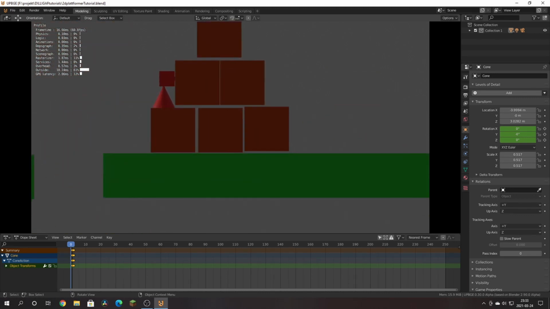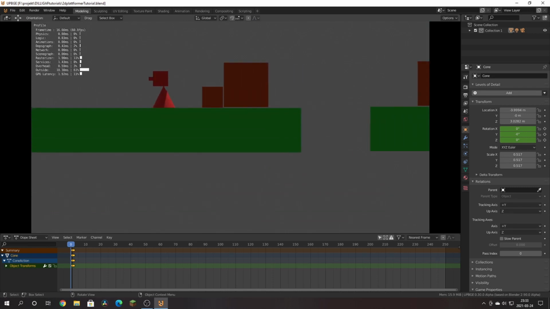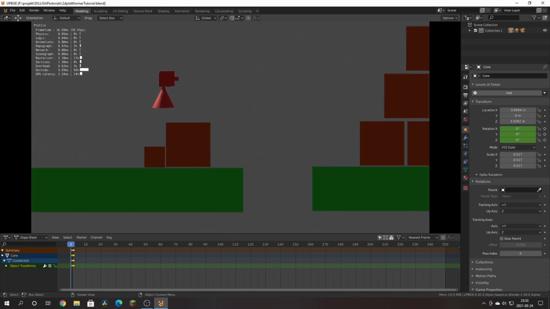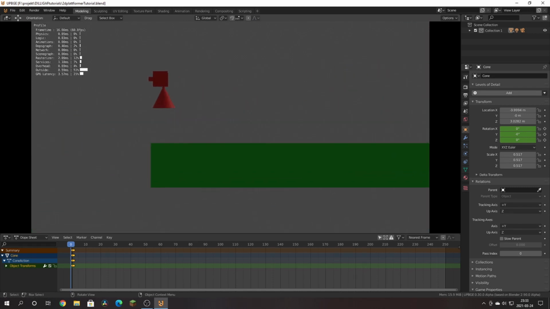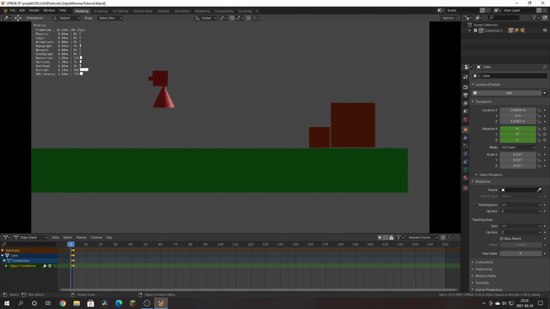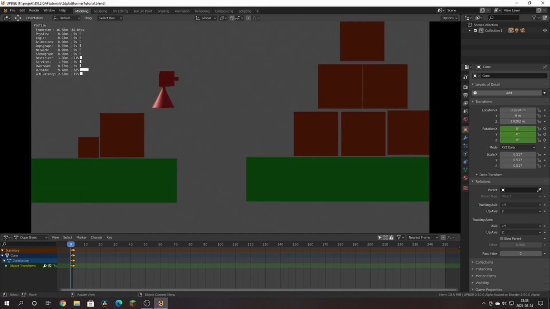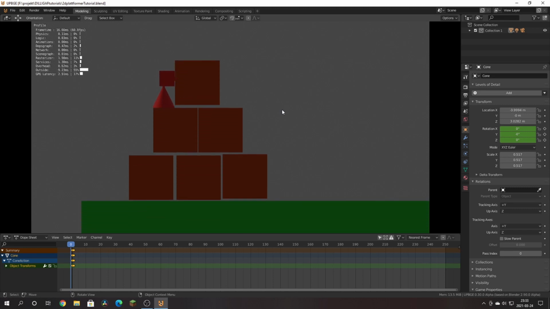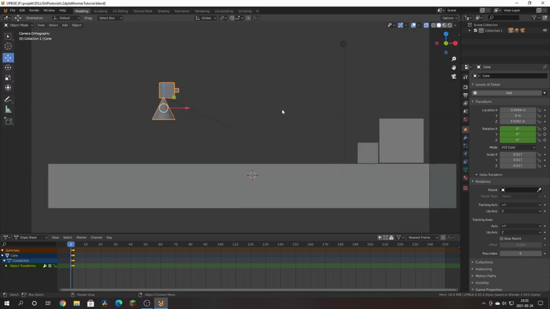Boxes and crates. However, I do want to have some coins here, so our little hero here can collect. Yes. And first of all, I'm gonna make